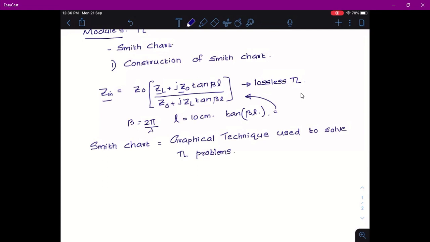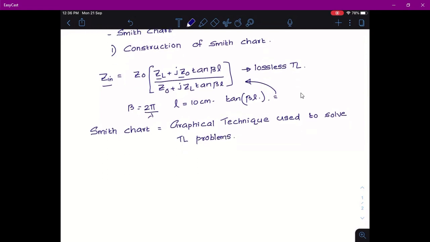So what are these transmission line problems? Like finding input impedance at any point in a transmission line, finding reflection coefficient at any point in a transmission line,